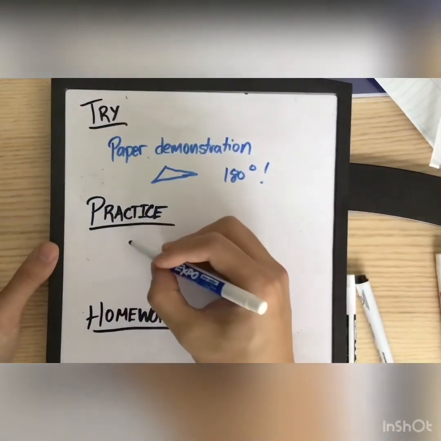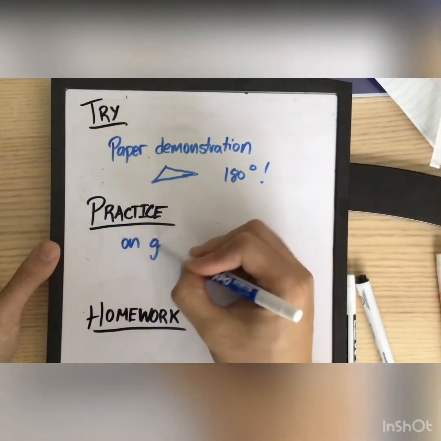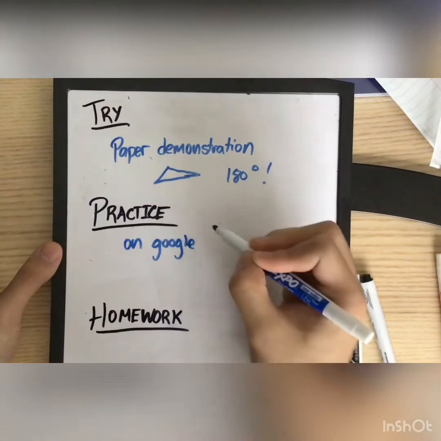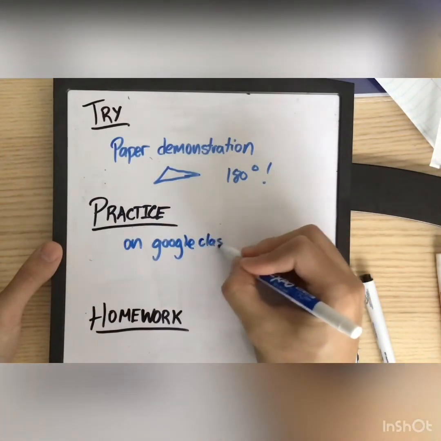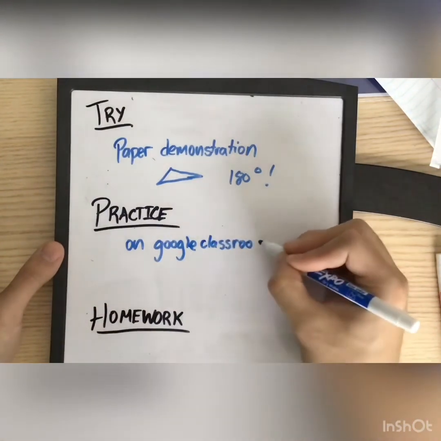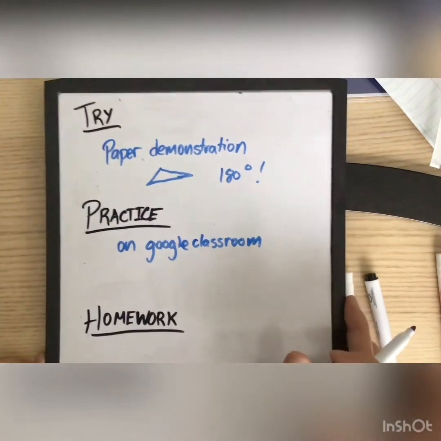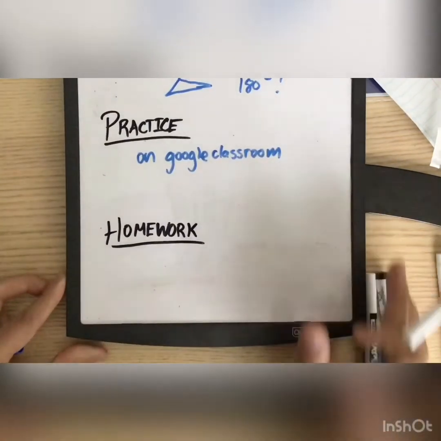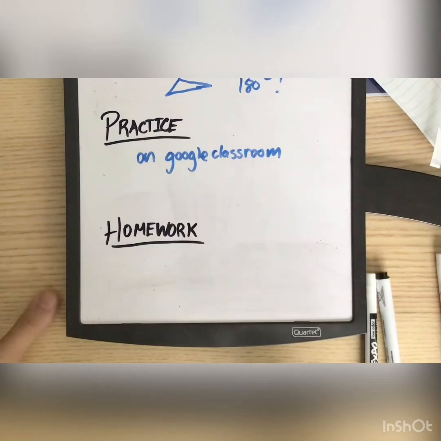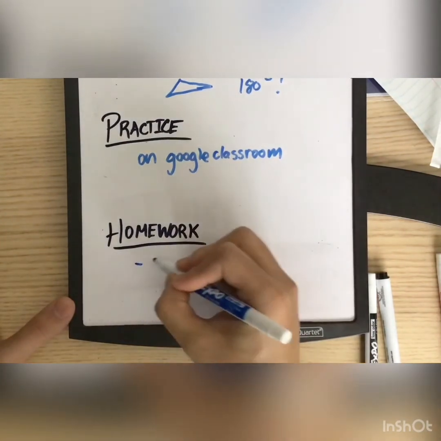I have practice on Google Classroom for you to do. When you do this practice, I would like you to do it on paper, and I would like you to submit a visual example of it, meaning that I want to see all of your steps in your algebra. For homework, for math, I'd like you to finish the Interior Angles of Triangles worksheet where you're solving using algebra. So I'd like you to work on that worksheet,